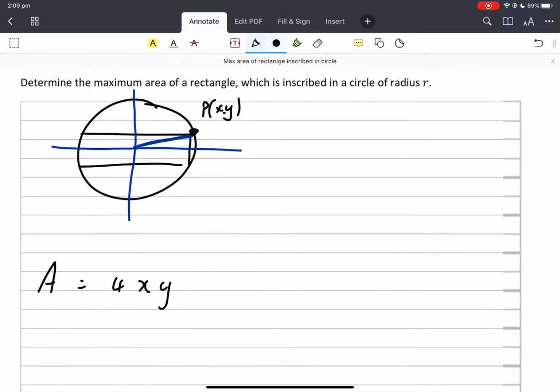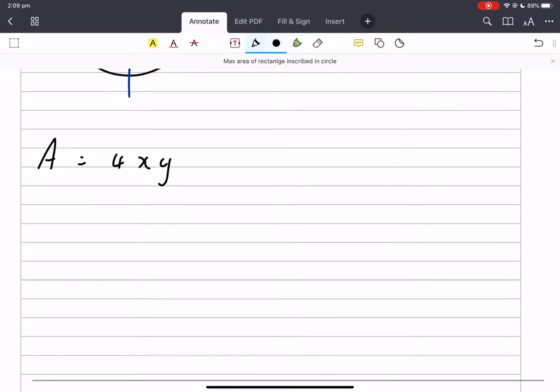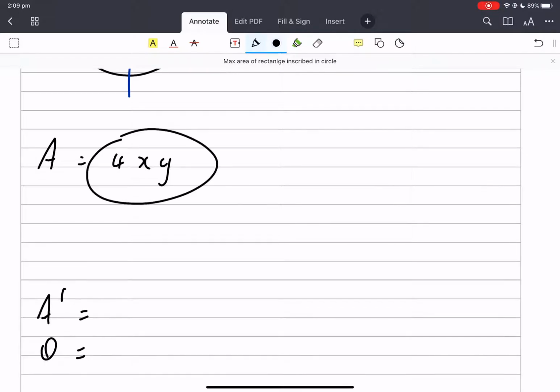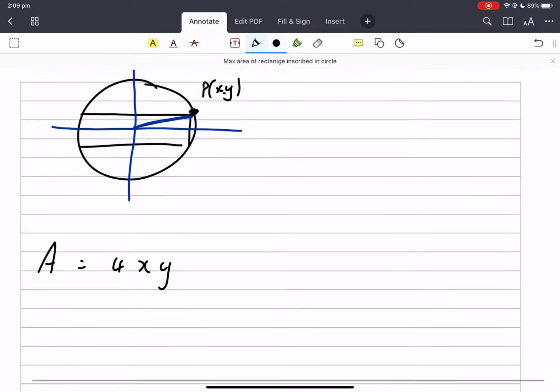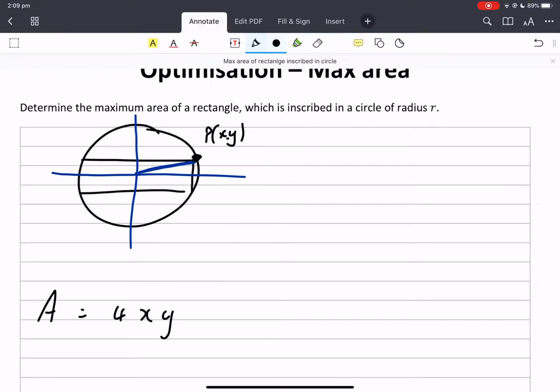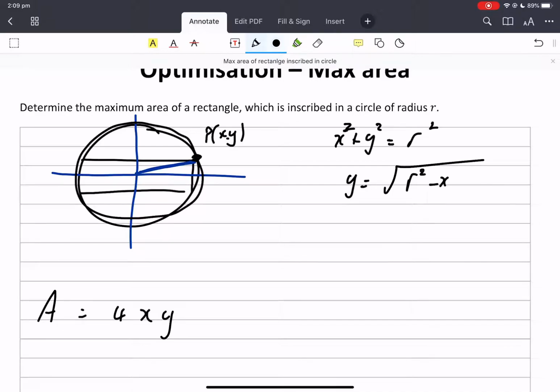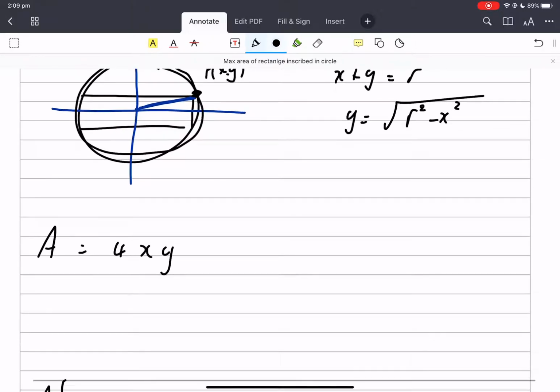As with all optimization functions, we know we want to go A dash and set it equal to 0, but we can't differentiate, so we need the connection between x and y. Well, x and y are on a circle, so you need to know that from grade 11. And we want one in terms of the other, so let's go y equals, and we can just go straight in, 4x root,